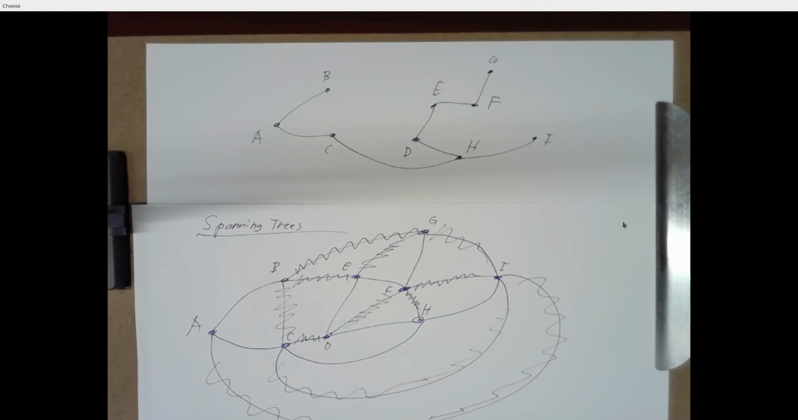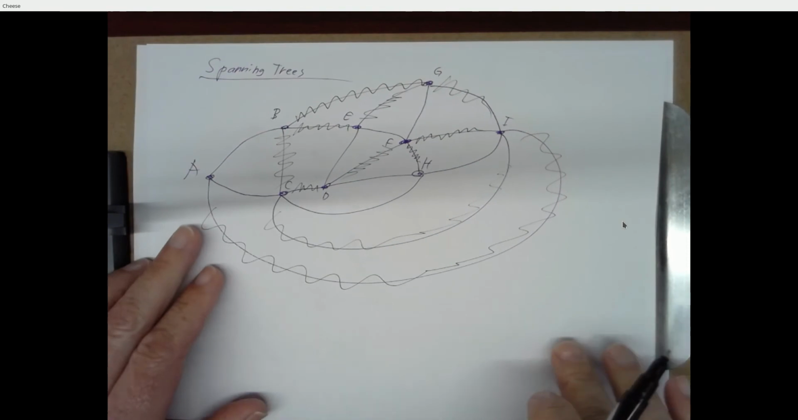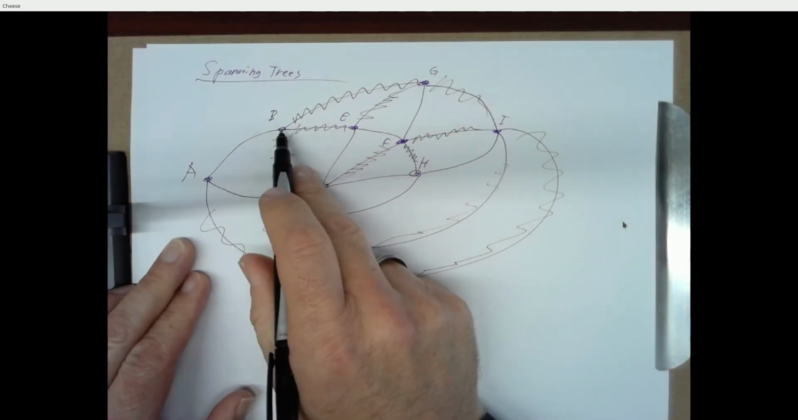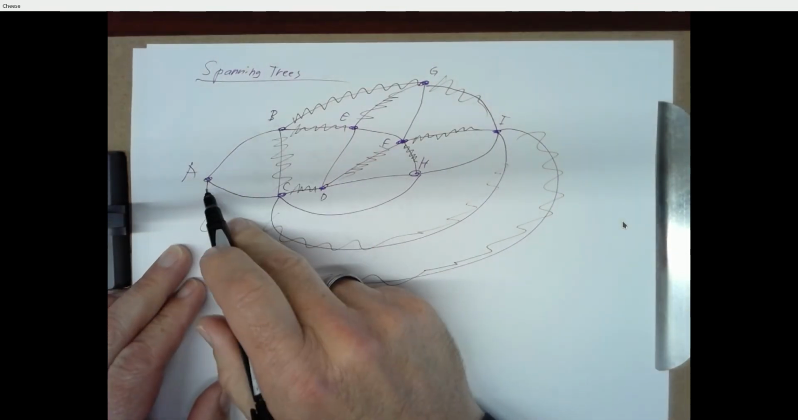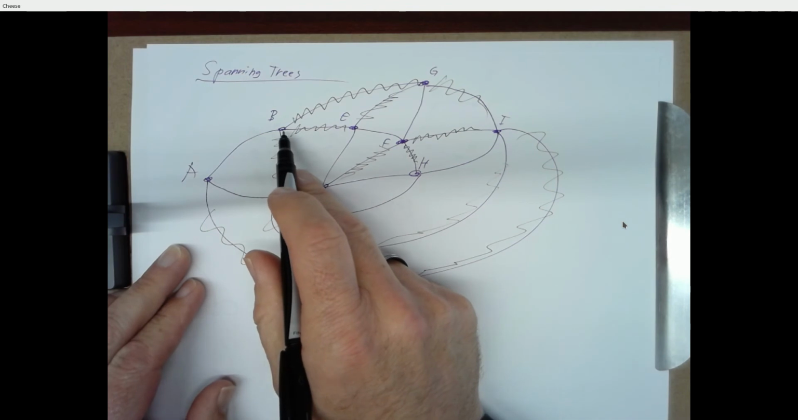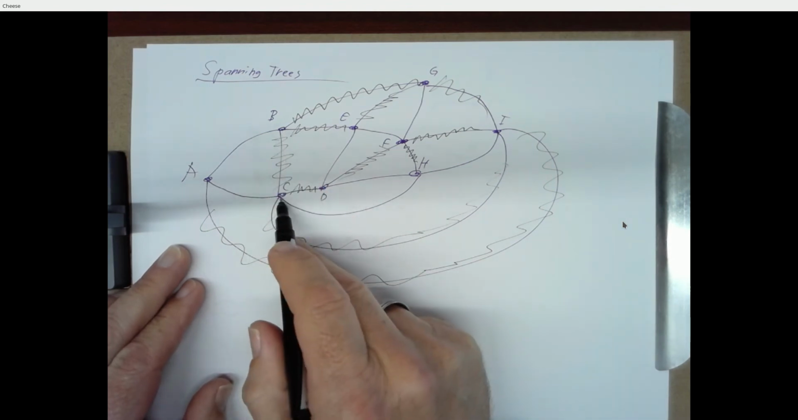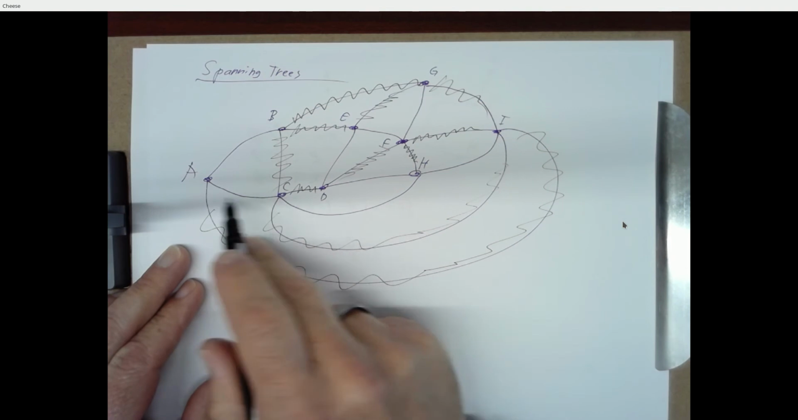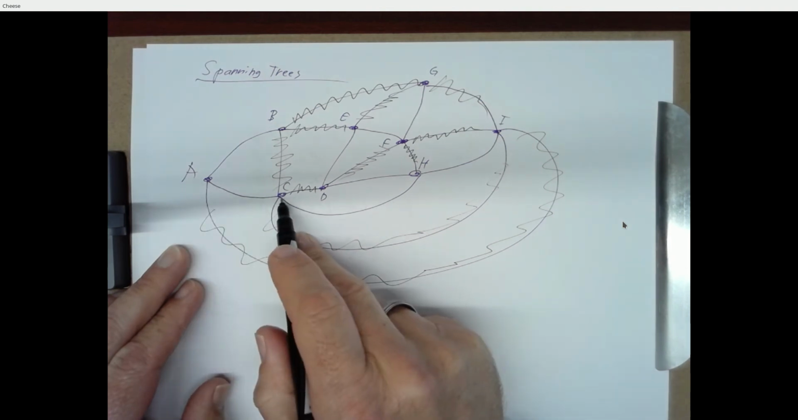Alternatively, you can do this constructively. You can start with a single vertex and then add any vertex that isn't already part of the tree. So we could start with just the single vertex A, and B is not a part of the tree, so we can add an edge between A and B. And C is not a part of the tree, so we can add an edge from A to C,